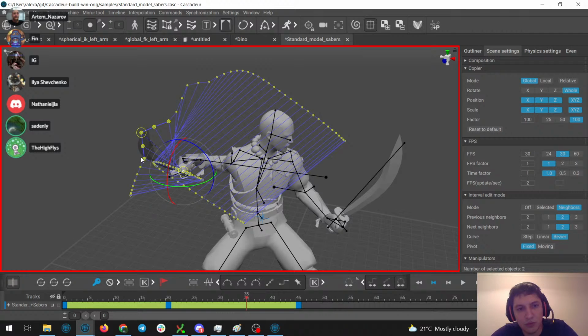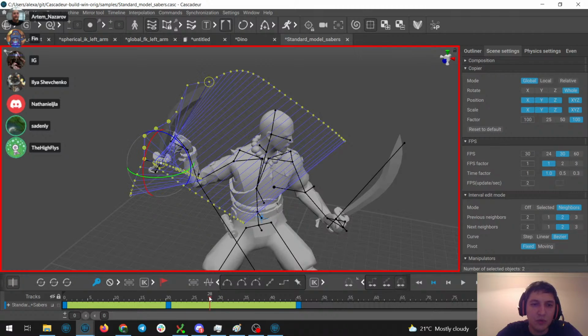That's the only thing: do you have a video showcasing the interpolation modes and what the differences are? I'm not sure. I think this interval edit mode and neighbor mode is probably only covered in the documentation, not in any videos, but maybe we'll do it.